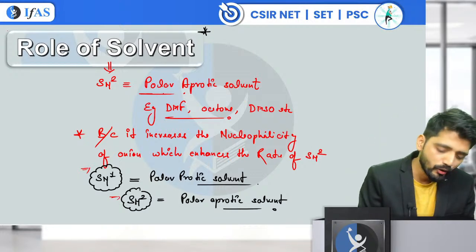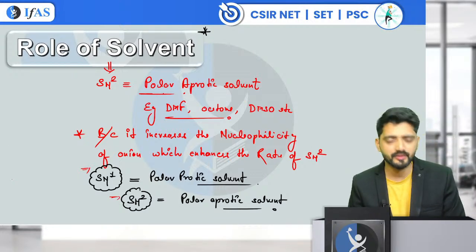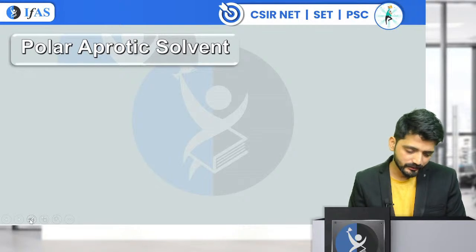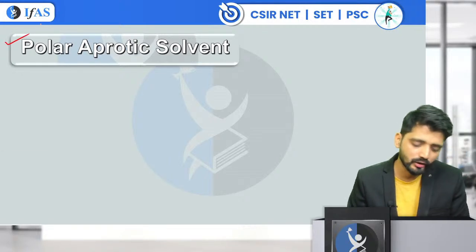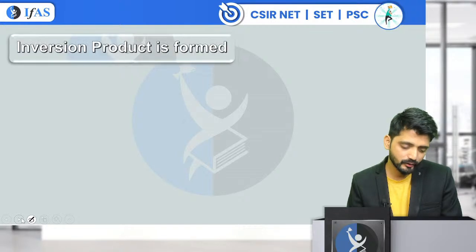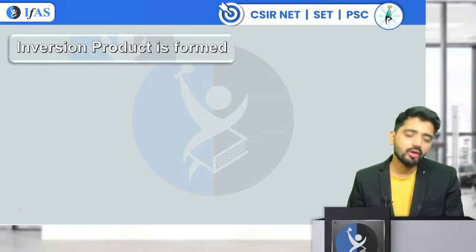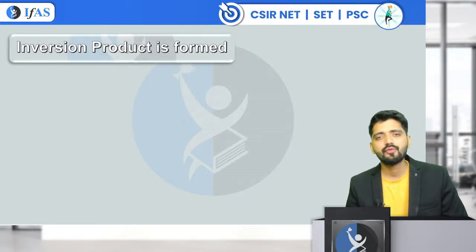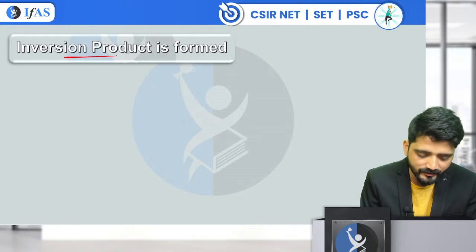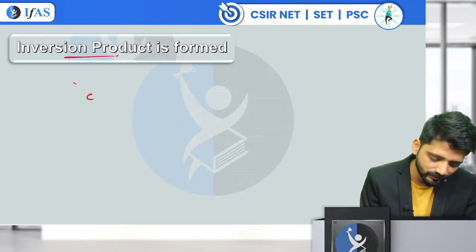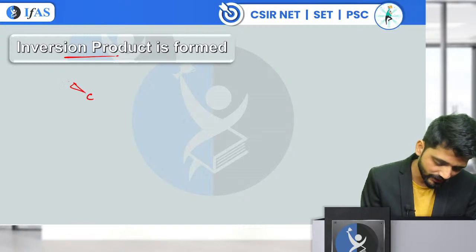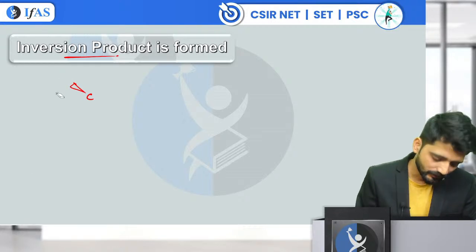Moving ahead, this was the point number 1, which will help us to understand a SN2 reaction. Of course, we have covered this. We use polar aprotic solvent in a SN2 reaction. Now, always in a SN2 reaction, we form an inversion product as a final product. Let's suppose we have a carbon center which has a chiral center. Let's suppose we have here some sort of group,